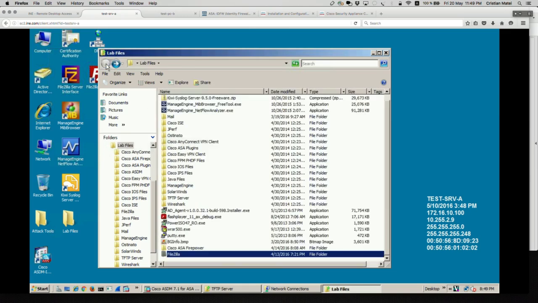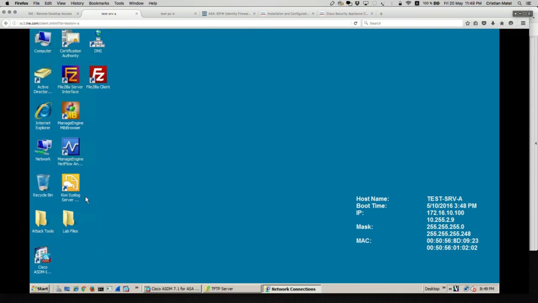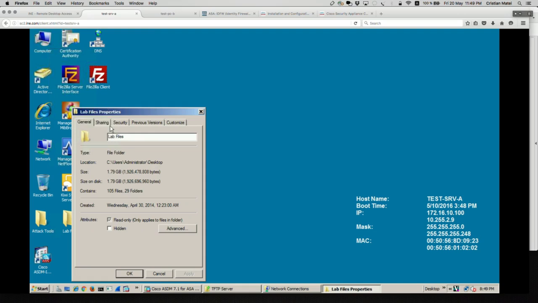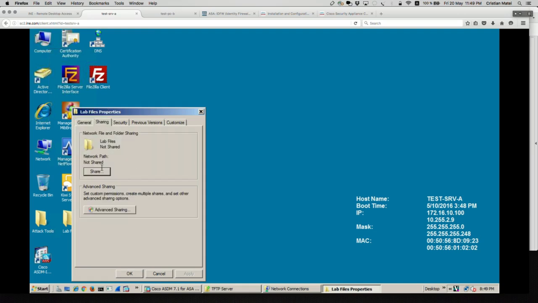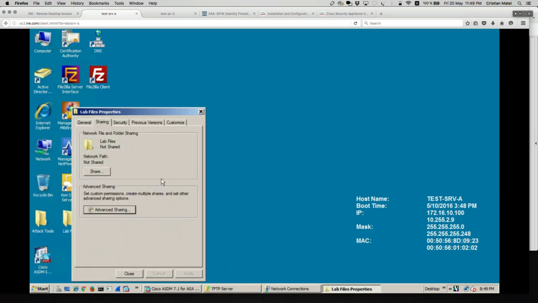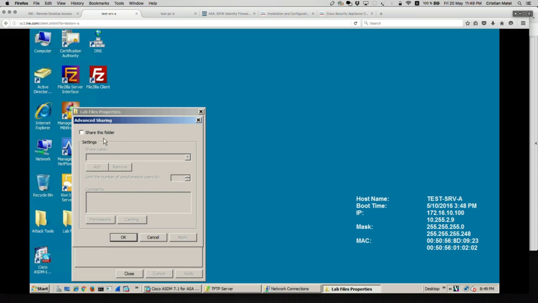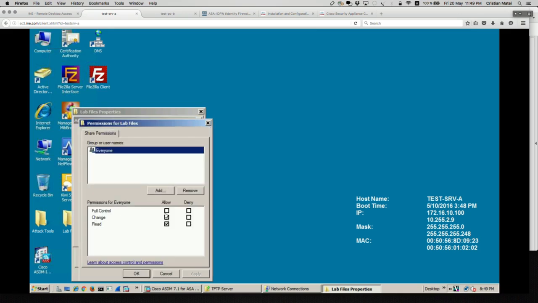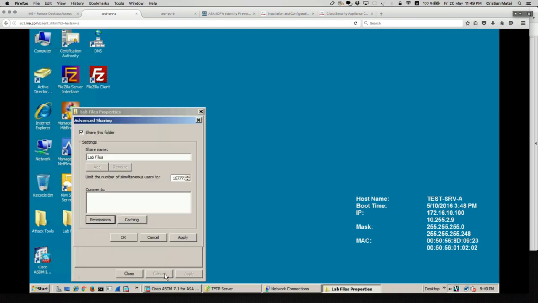Okay, let's go and make sure that this folder is being shared. It should be sharing. Let's share it real fast. Share this folder. Name, lab files, permissions, everyone, full control, apply, okay,